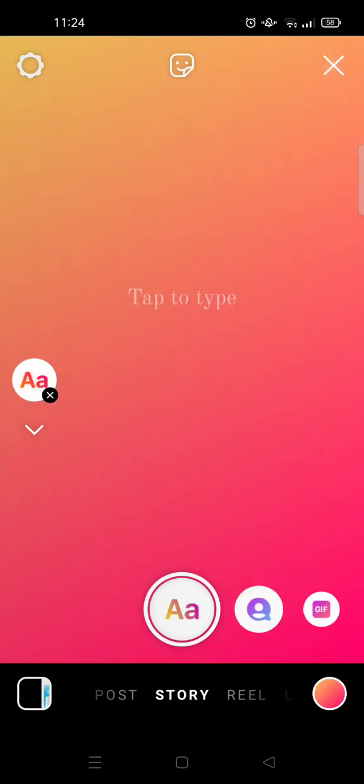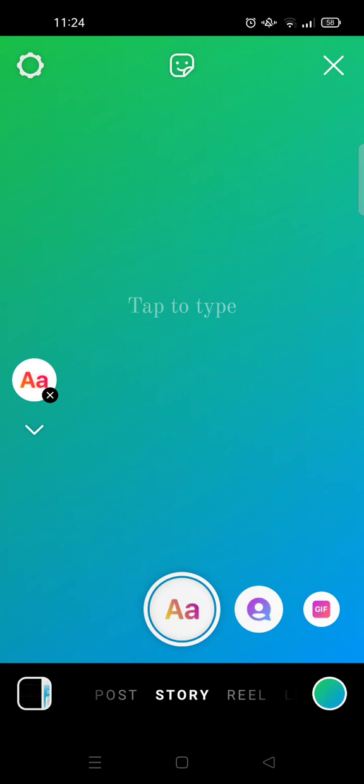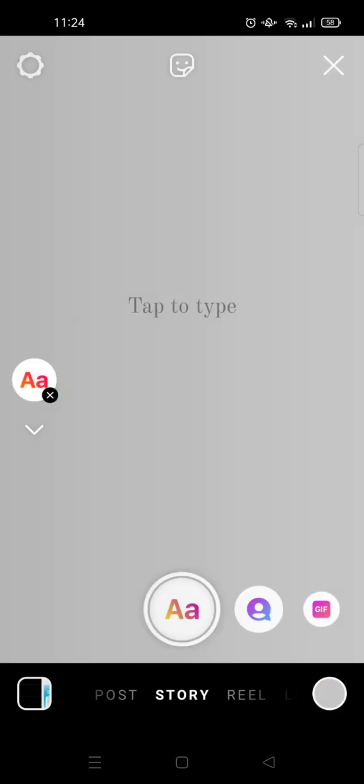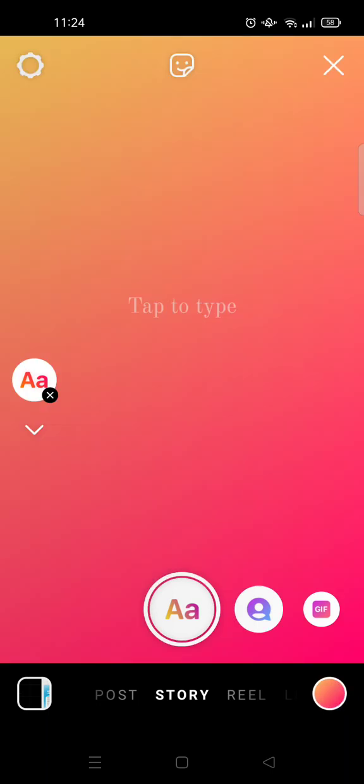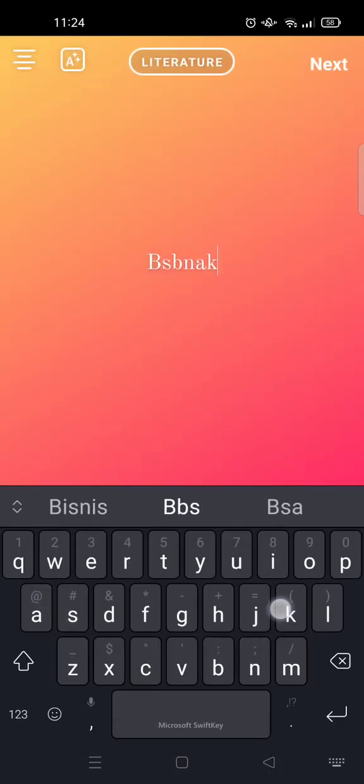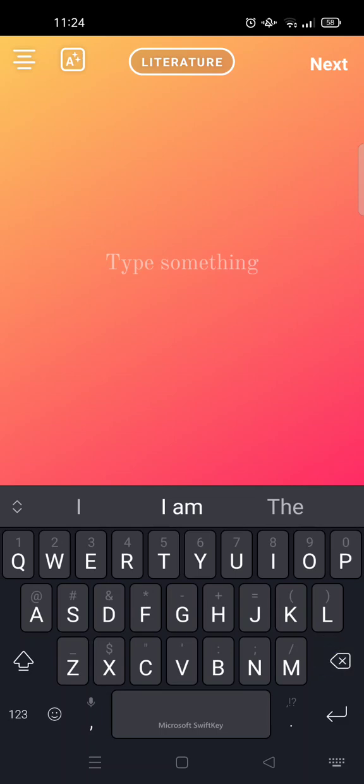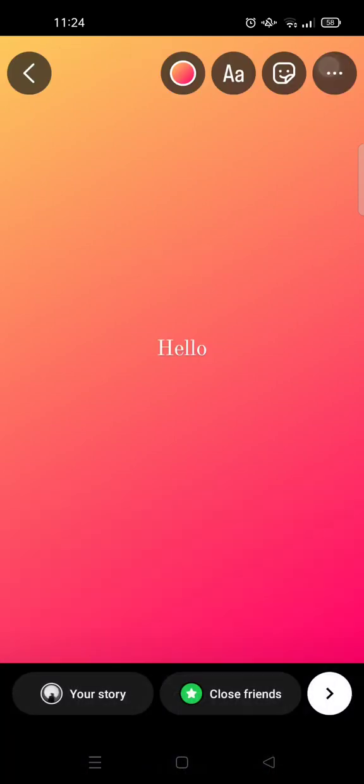Okay, so you now see this is the current background. You can change the color in here by clicking on this circle at the top, at the bottom right corner. It will change like this. Then you can just type in, for example, hello. Click on next. Then if you want to change the background again, you can just click on this, or you